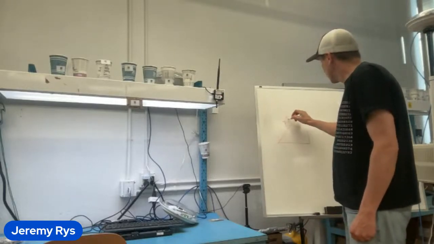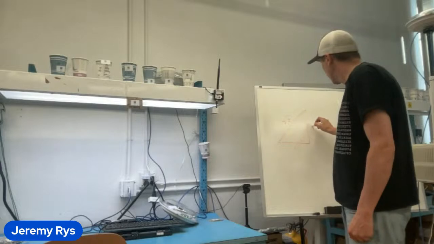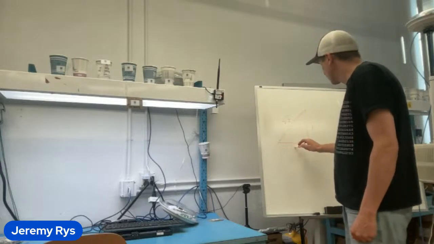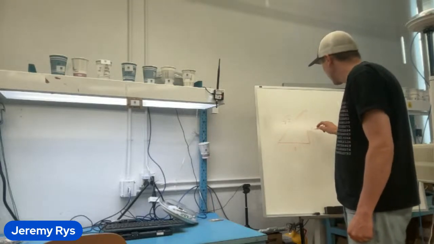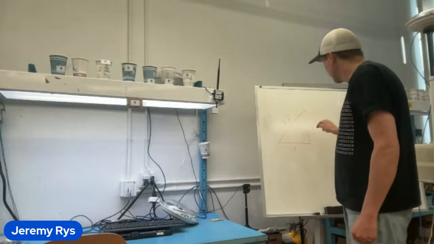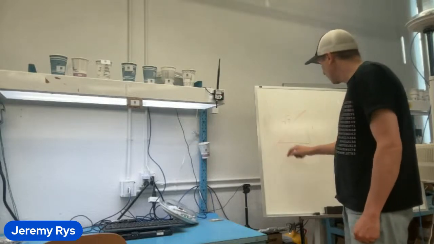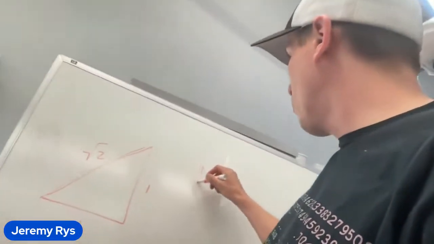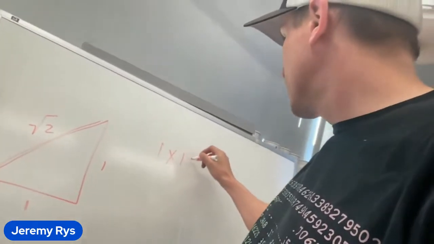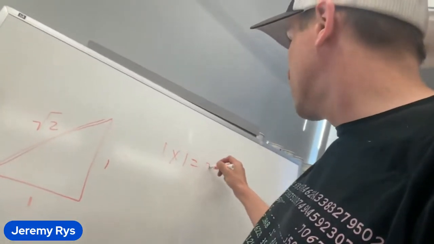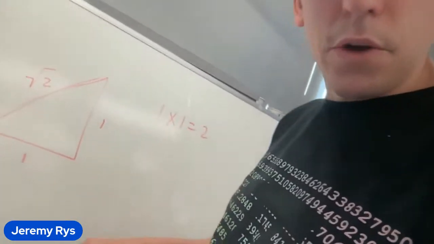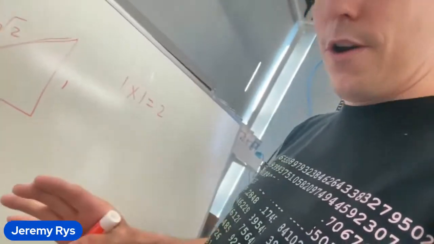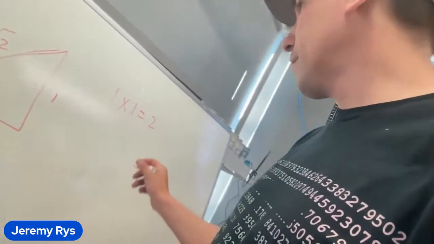So this is the square root of 2. This would be 1, and this would be 1. So 1 squared, 1 plus 1 squared, 1, 2, and this is the square root of that, right? So let's think about just a quick run over about why this whole 1 times 1 equals 2, or whatever he says, is just wrong and bad math,